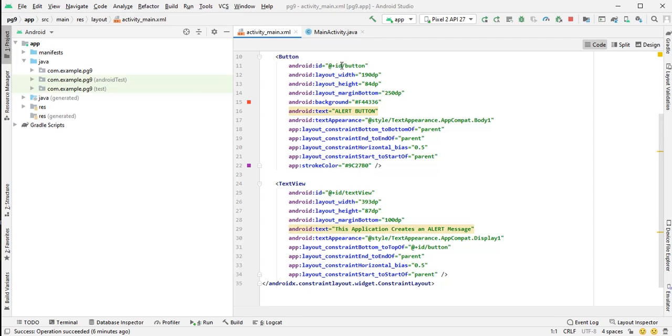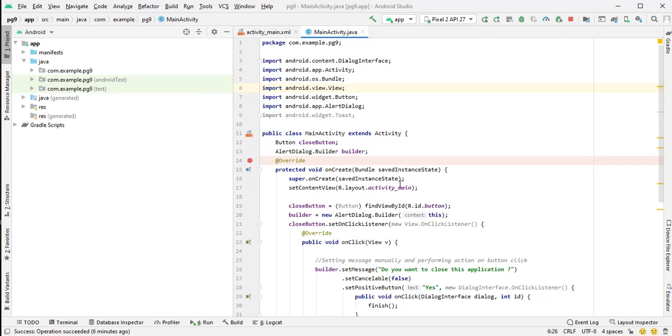First we create a reference to that button by using the findViewById method to get the ID of that button. Next, we create an object for the Builder class using the new operator, passing the correct context of the application as its parameter.